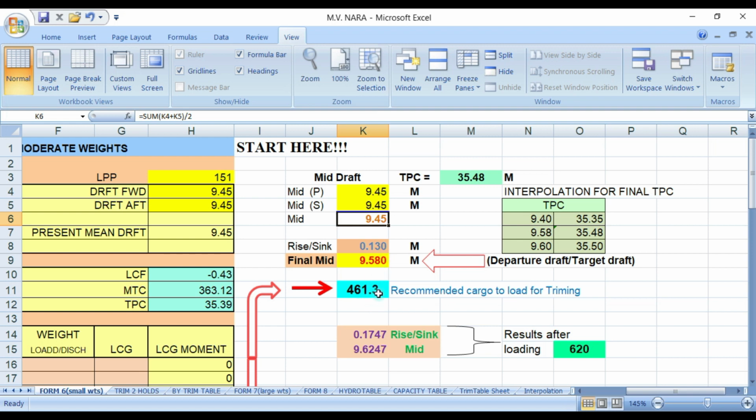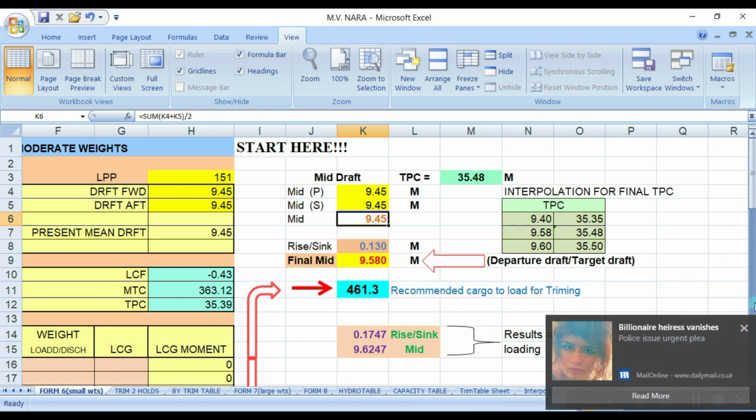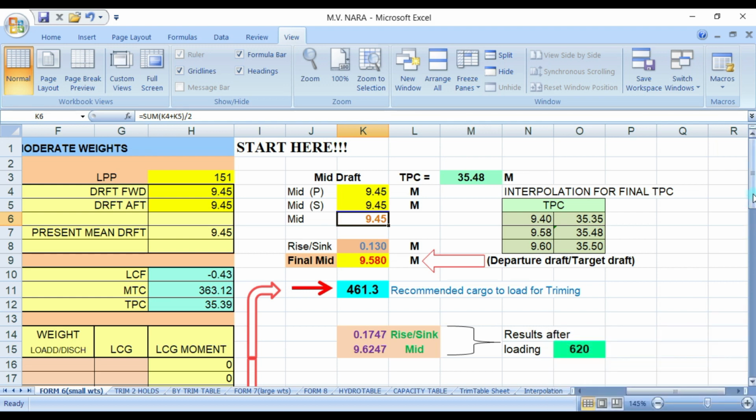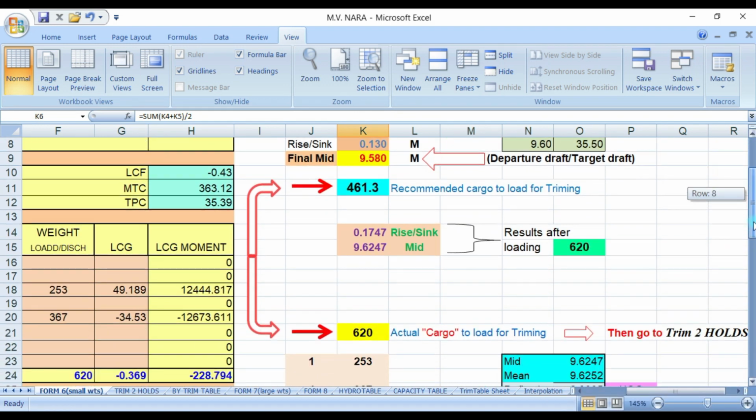So for example, this is your final departure drop, mid will be 9.58. So the remaining cargo to load will be 461. So the recommended cargo to load is 461.